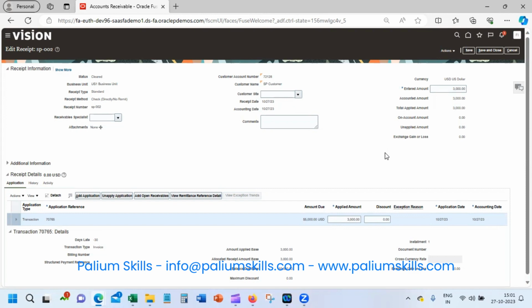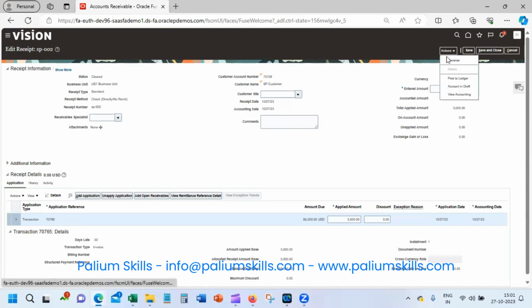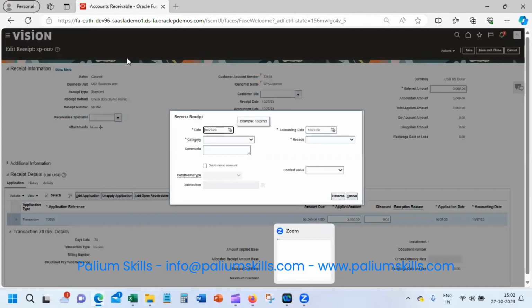But you have already recorded a receipt there, right? So in that case, what you can do is you can come here and issue a reversal. So when I click on reverse, I will be able to create